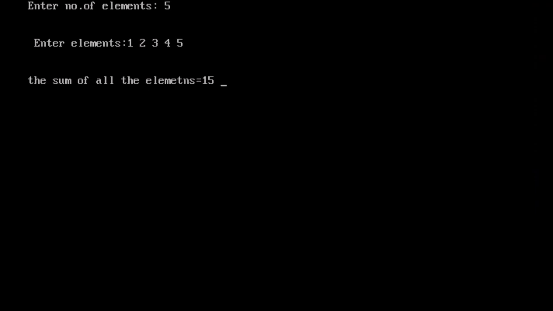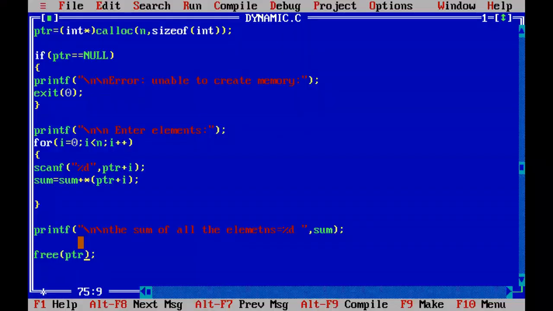The sum of all the elements equal to 15 is printed, then this last statement will be executed. Then the memory allocated for 5 elements, 10 bytes of memory, is deallocated. Everything is deleted when you use free(ptr). With this, we completed the example for the malloc function and calloc function, and the free(ptr) function also.